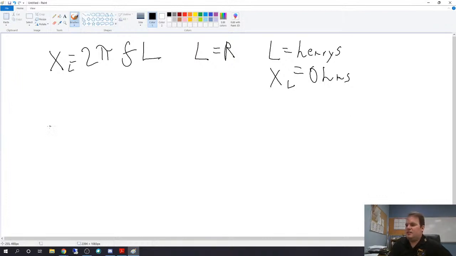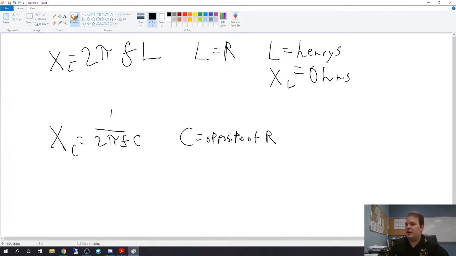And then you get X of C. X of C is the opposite of X of L. So you get 1 over 2 pi F C. So 1 over 2 pi F C. And then when you're working with C, C is the opposite of R. C is measured as capacitance, and it's measured in